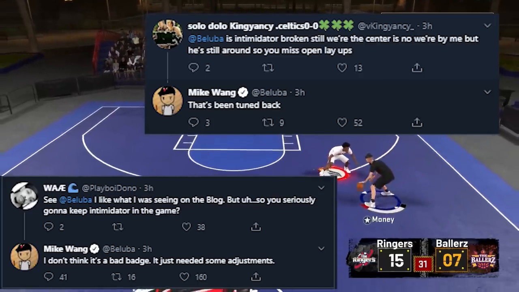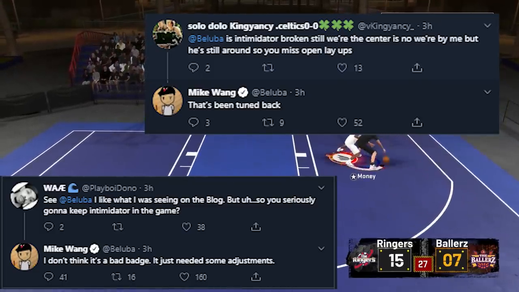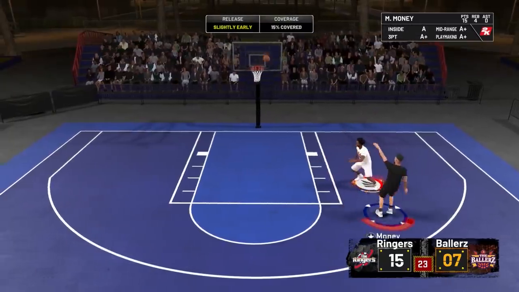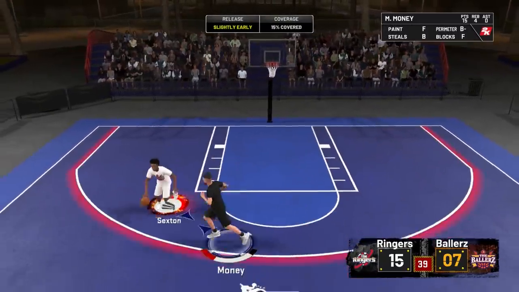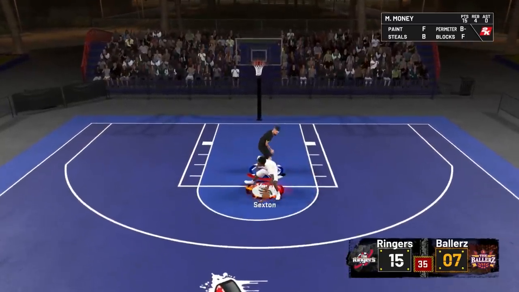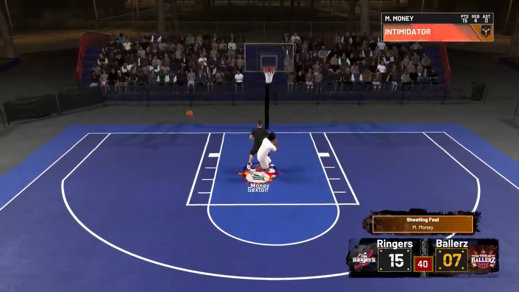So maybe this means when a center is just standing there not doing anything in the paint and you go up for a layup, maybe you won't miss as much. But NBA 2K21 will have Intimidator, but it has been reworked and tuned down, so hopefully it wasn't as bad as in NBA 2K20. Another thing that Mike Wang talks about, which I think is really, really important,